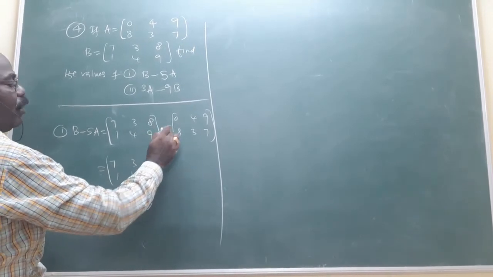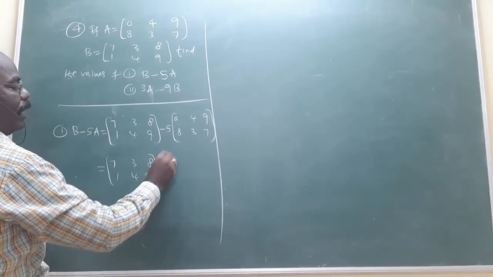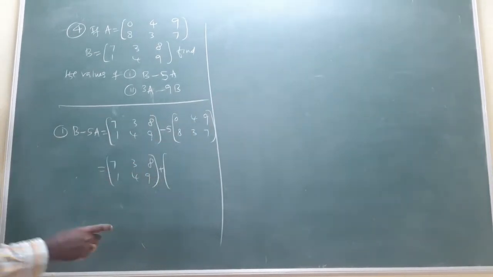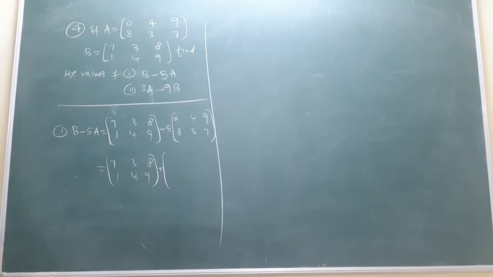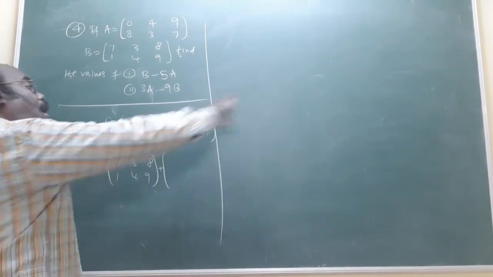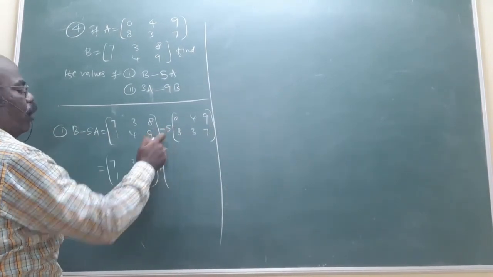Already told you, minus 5 is now put as plus, and multiply this minus 5 to all elements. In between plus means that is easy value. In between minus means subtraction actually, but subtraction is somewhat tough. Inside the bracket also minus is already there, so now the confusion will come. To avoid the confusion, in between always plus means easy value. That's why the minus 5 is multiplied to all elements, but outside the bracket only plus is there.